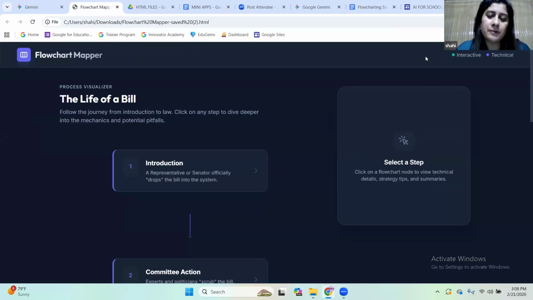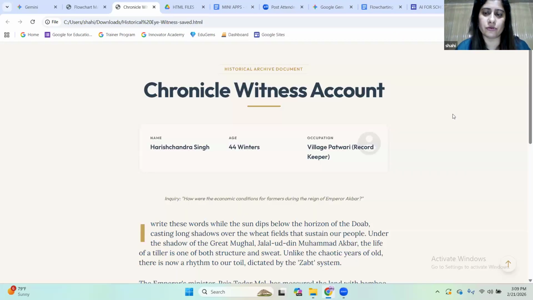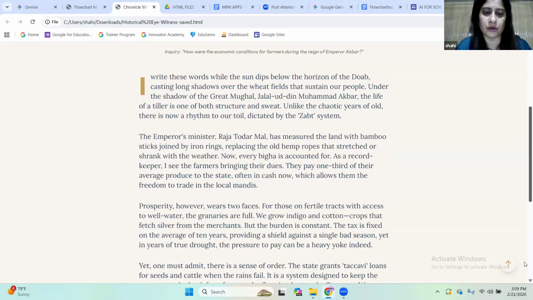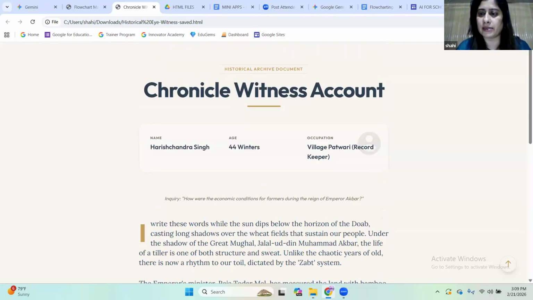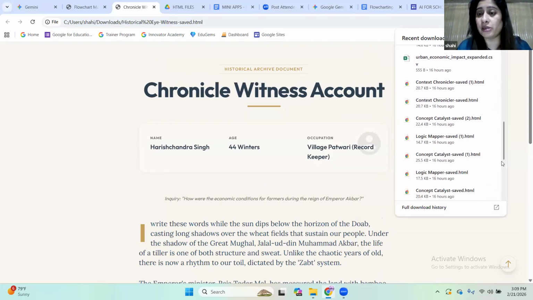You can make a folder on your computer, in D drive or on the desktop, wherever you want to save it. You can save these files over there. But the moment you upload this HTML file in Google Drive, it will be shifted into code. When I started my session today, I showed you these are all the HTML files which I have downloaded as an output.